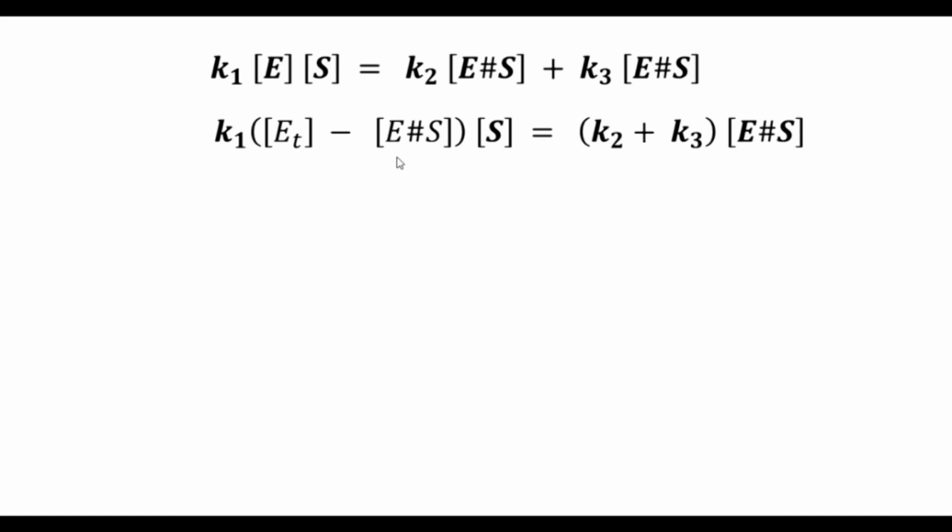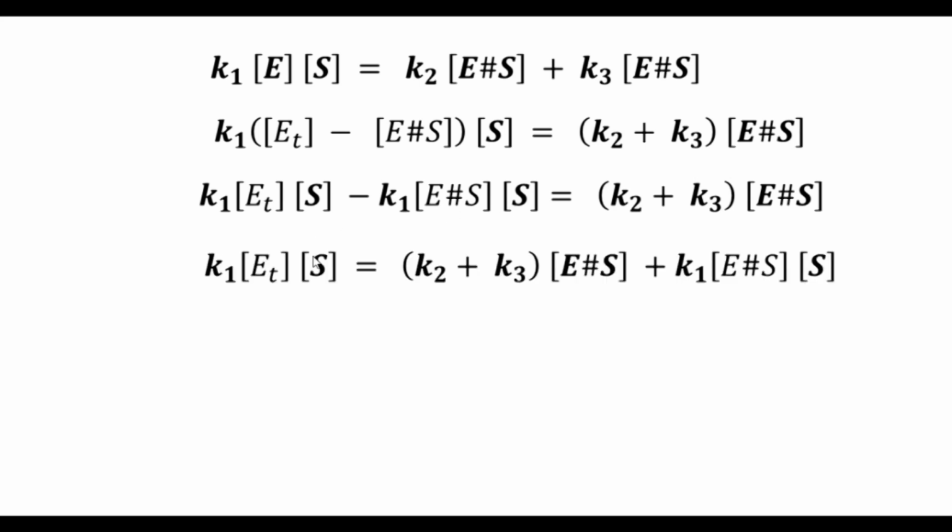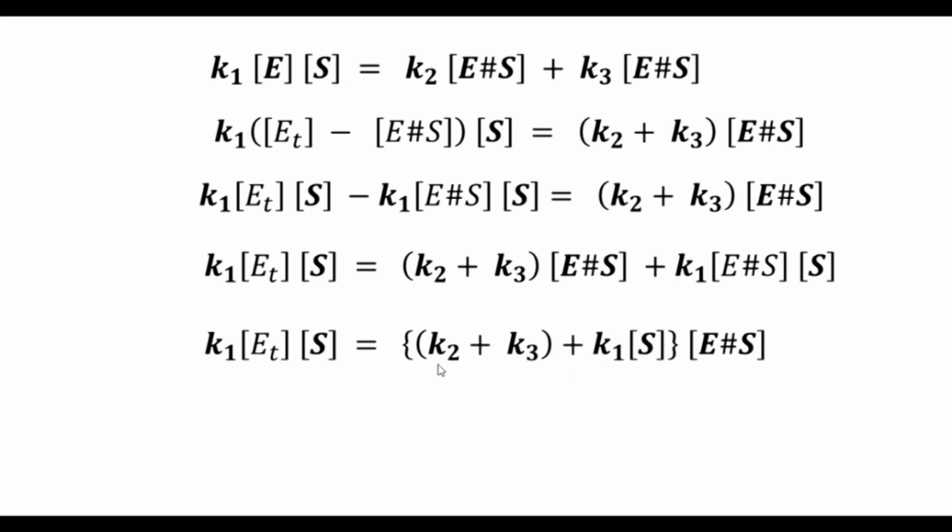We had derived this earlier through a mass balance on the enzyme. You can go back and check that. K1 into ET minus the enzyme substrate complex into this S. This is common here, therefore K2 plus K3 into ES. And a little more algebra. I'm just taking this S inside the bracket, and then I'm combining the terms which have the enzyme substrate complex. So K2 into K3 into enzyme substrate complex plus K1 into enzyme substrate complex into S, and therefore you could write this as